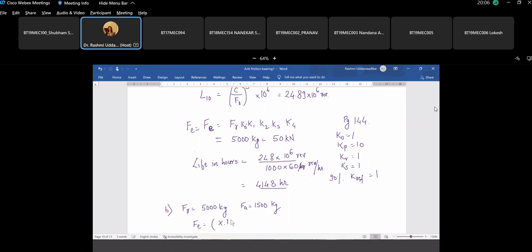X times Fr plus Y times Fa, multiplied by all those service factors: speed, preloading, the rotation,